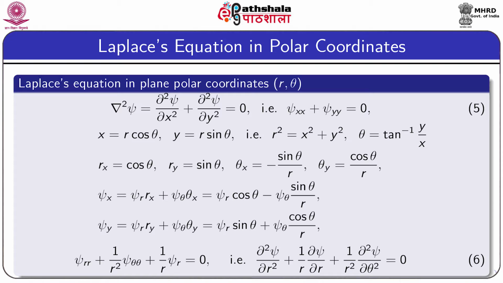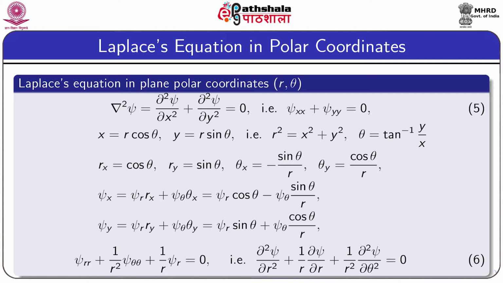If you take the second order derivative of psi x with respect to x, in a similar way we can find an expression for psi xx, and if we compute psi yy in terms of the derivatives of psi with respect to r and theta, and substitute those values in equation number 5, we will get